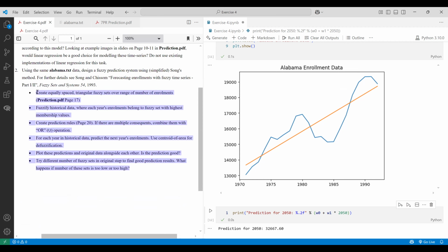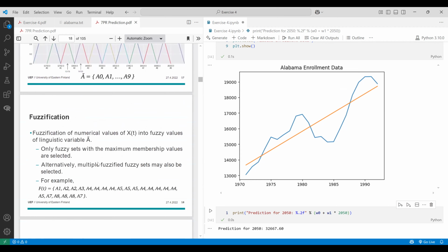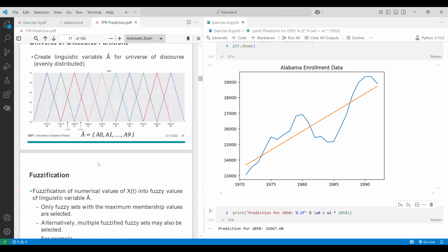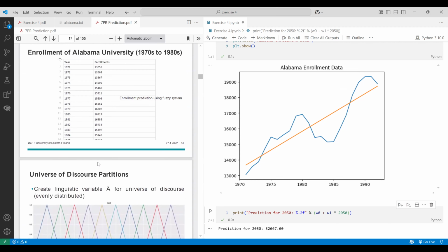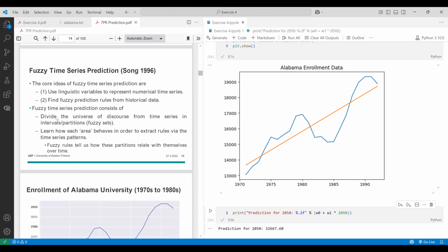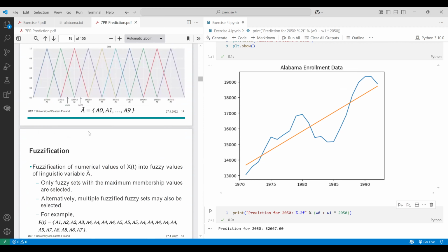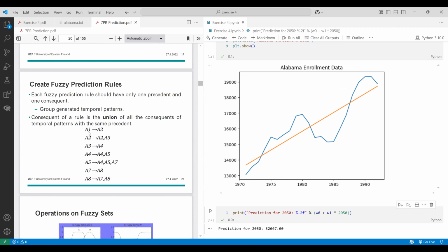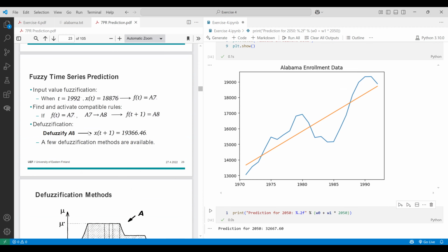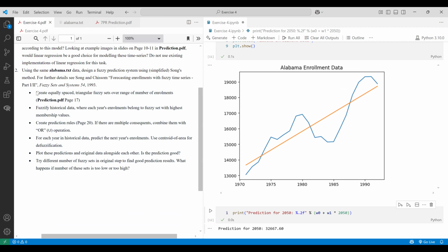All the formulas you need are in the lecture slides. So let's go to page 17. Here are some introductions of fuzzy time series prediction, and you can reference them if you need. But now let's follow the guide here and